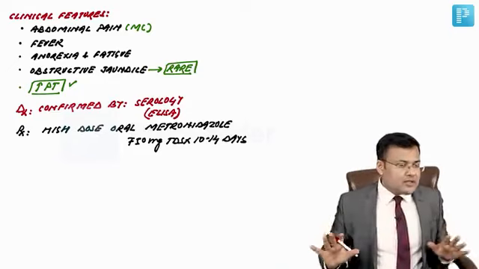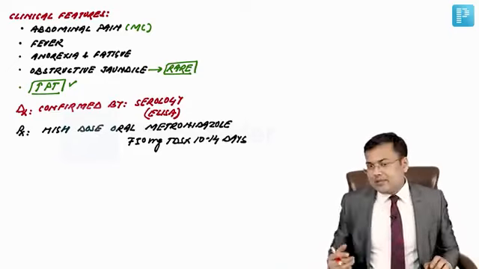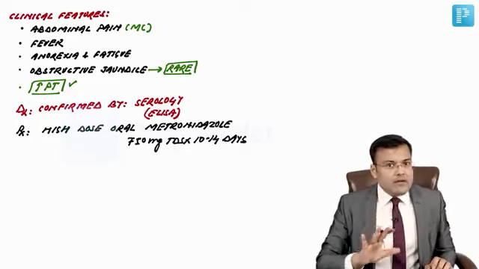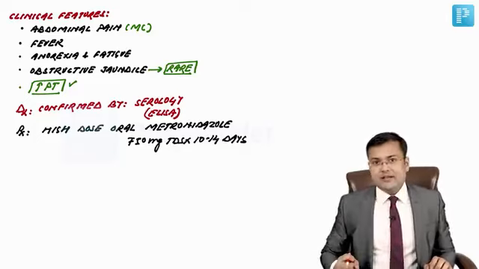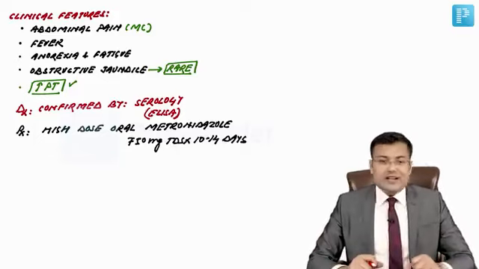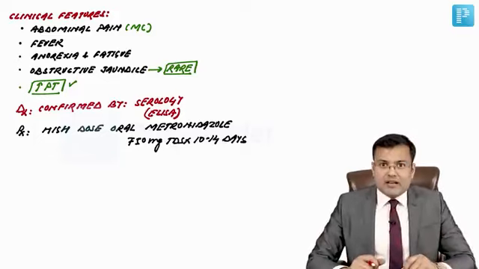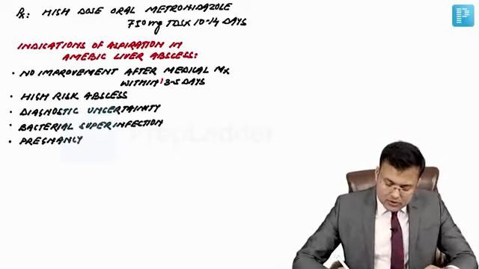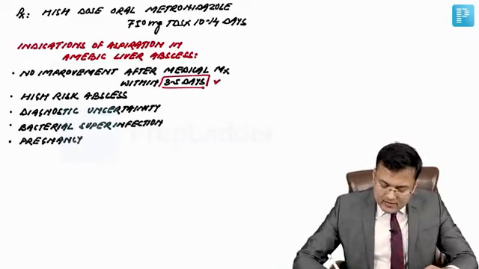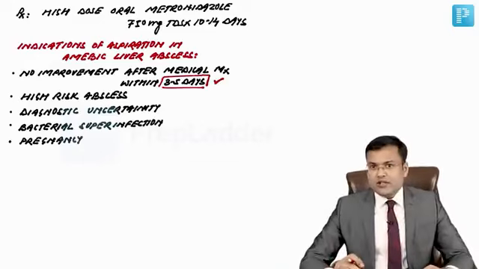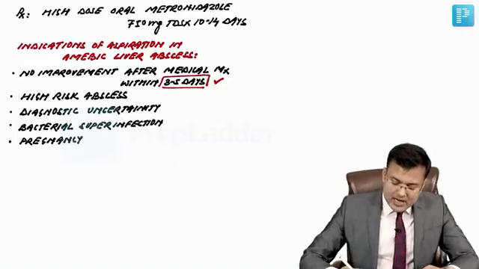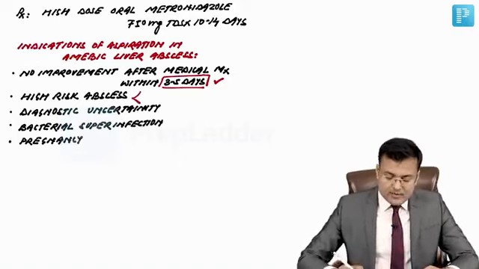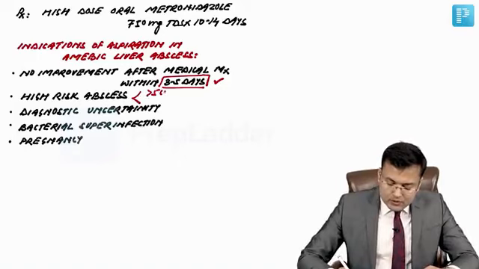In the majority of cases of amoebic liver abscess, since there is necrosed material, we are not going to aspirate. So questions are asked: what are the indications of aspiration in amoebic liver abscess? Imagine I'm starting high dose metronidazole, but there is no symptomatic improvement within 3 to 5 days. If the patient has a high risk abscess, where there is high risk of rupture, when the size of the abscess is more than 5 centimeter, or the patient has a left lobe abscess,